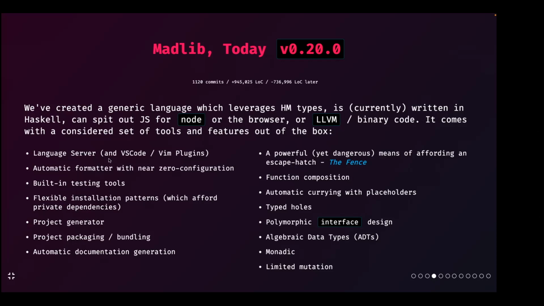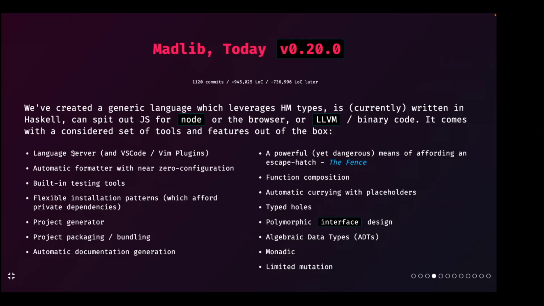Going through these somewhat quickly, we have a language server that gives you real-time updates as you type. It's really exciting. It works in VS Code and in Vim. I have not used the VS Code one because I'm a Vim person, but I am told it is also excellent. We have automatic formatting. The only configuration we give it is your preferred width for a file, and everything else is automatic.